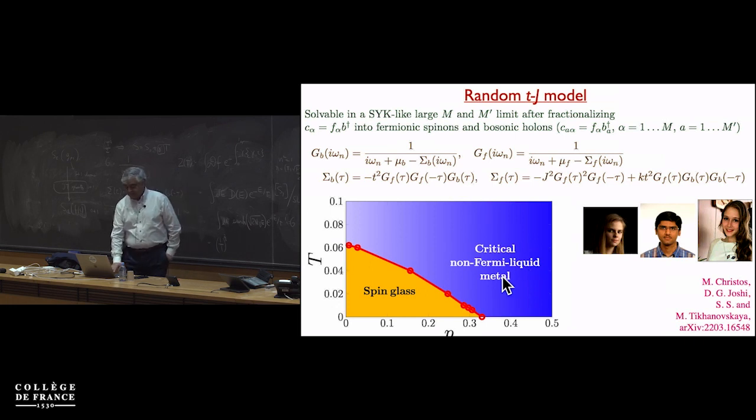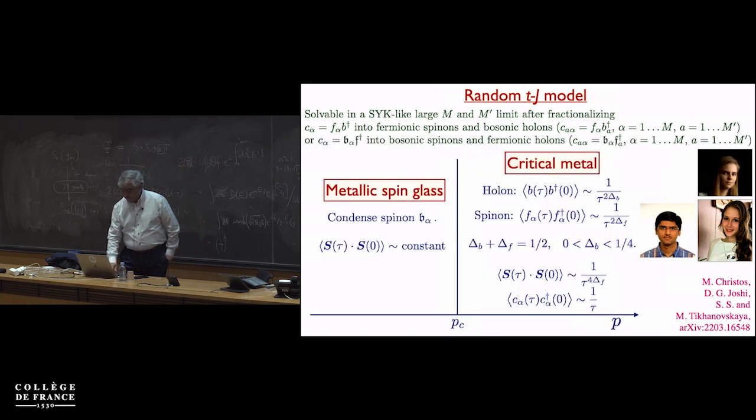At finite M, there is a phase transition to a spin glass order, which we can deduce just as before. It's also e to the minus square root of pi M. I don't know if it's square root of pi, but anyway. But the thing you find in this critical metallic state is that the electron correlation function has a Fermi liquid-like form, 1 over tau, but the spin correlations have a continuously varying exponent. And if you look at the data that I think Antoine is going to show you for SU(2), it does look like this might be consistent with the numerical data for SU(2). But anyway,